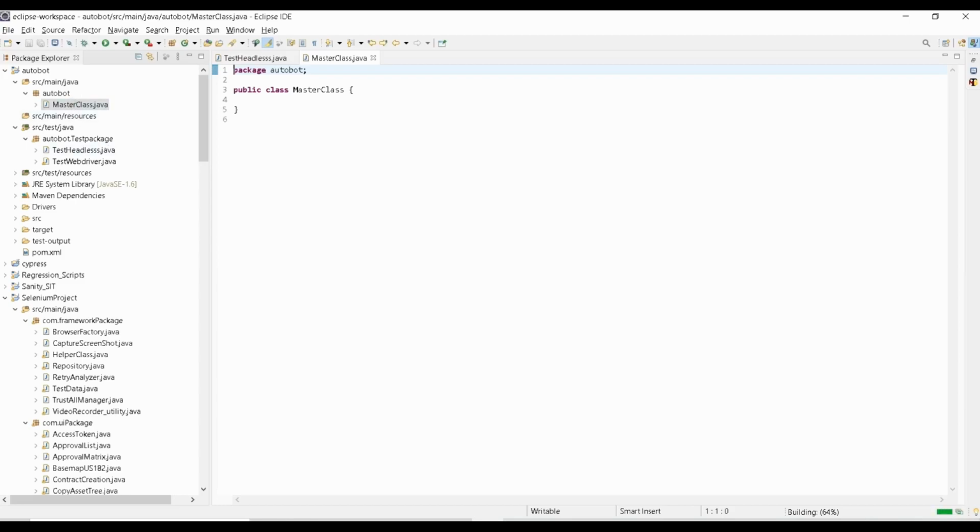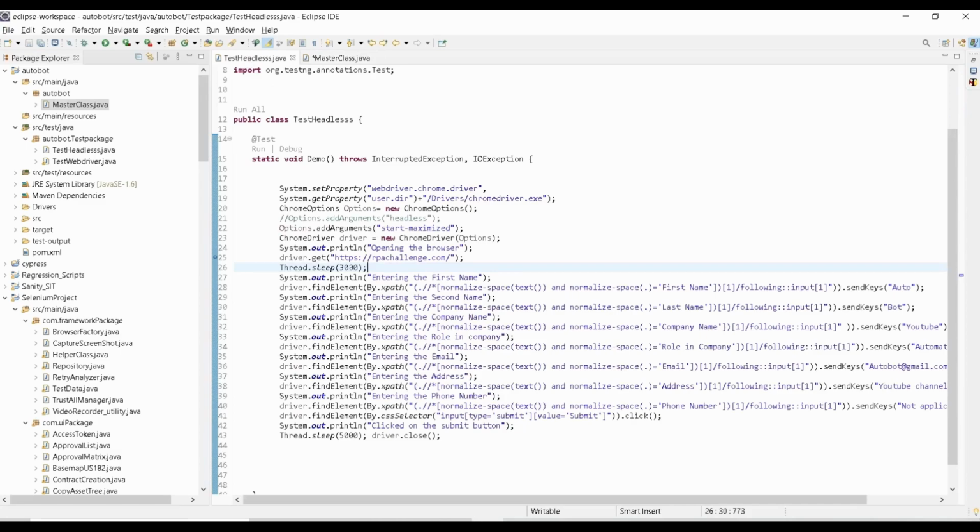Now we have to create a function for taking the screenshot. So public void, what's the name we have to give? Let me name it screenshot. If we call this, it should take the screenshot of your test case. That's the purpose. What are the things we have to use? We have to get the instance of your WebDriver, right? Inside your test case, you should have declared a driver.